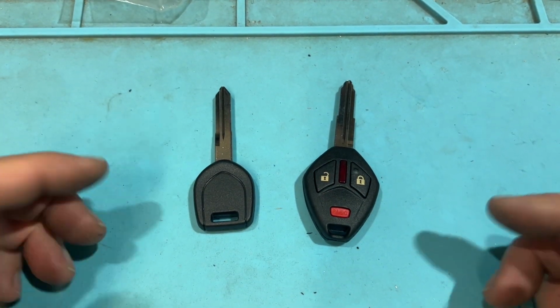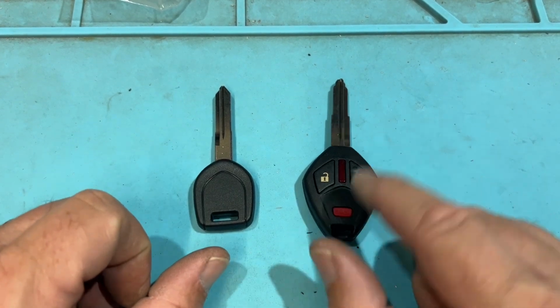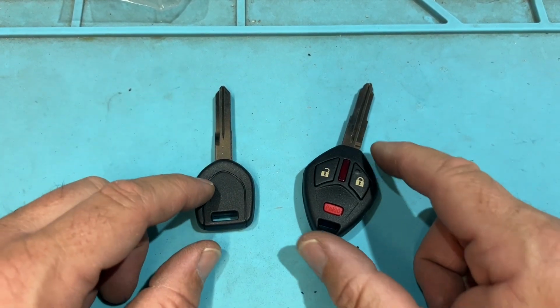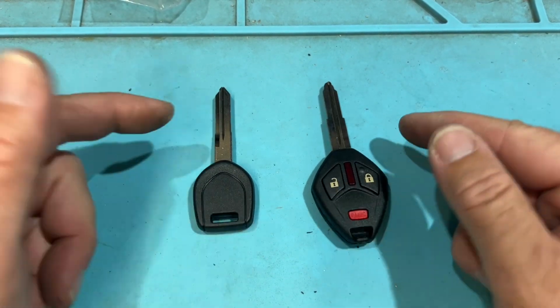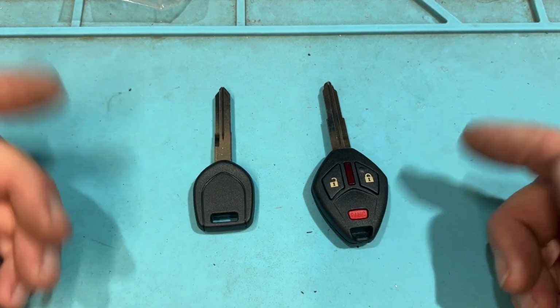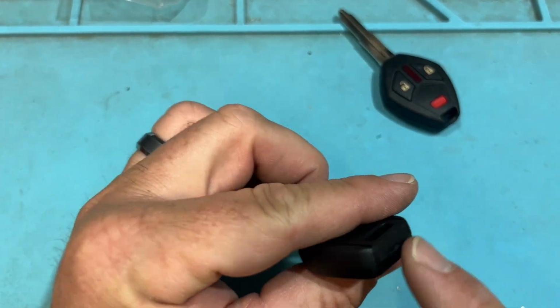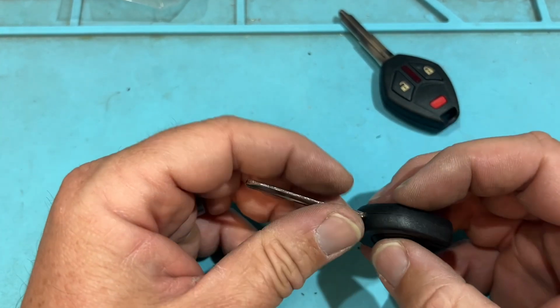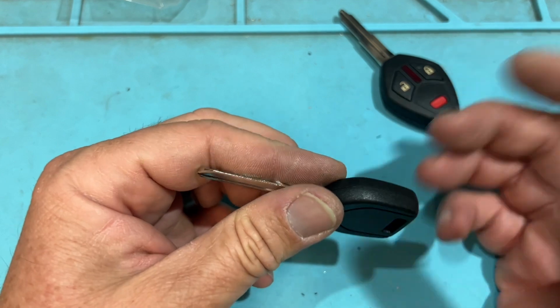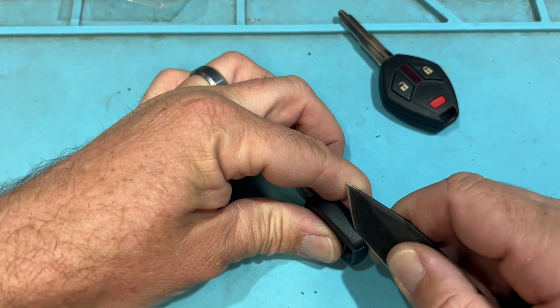Now let's take a quick look at Mitsubishi's. So we have a basic turnkey and a combo key. There's various options when it comes to the key blades and the vehicles. Too many to count, but quick rule of thumb. Some of them have a seam, some are going to be encapsulated in plastic. You can't do anything with those, but pretty simple. For the ones with the seam,